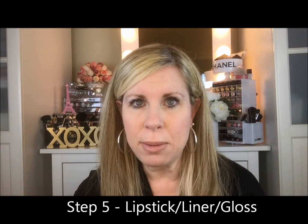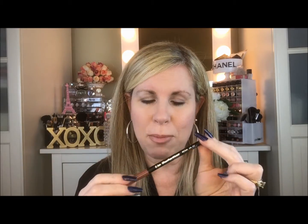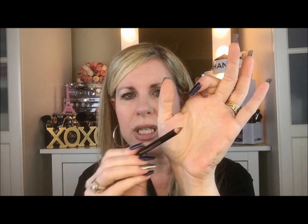And so I am somebody who cannot put lipstick on without a liner. I actually have been trying these Lip Perfection pencil liners from BECCA, sorry. And they are super affordable. I'll link those down below. And they have lots and lots of different colors, and they're the kind that you sharpen, instead of a lot of these where you twist them up and they're not really ever that sharp. For a really super quick, fast, I need this to be sharp and on my lips right now, I'm running out the door, these pencils do a really good job. So you're just gonna line your lips,